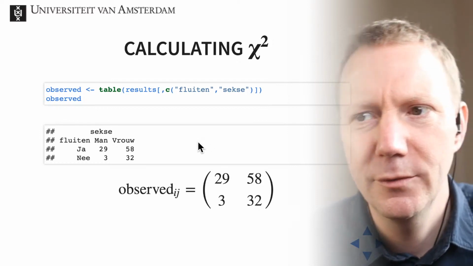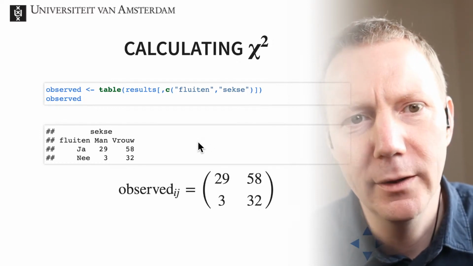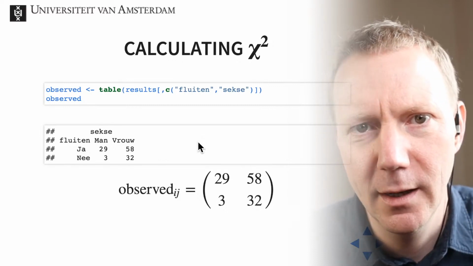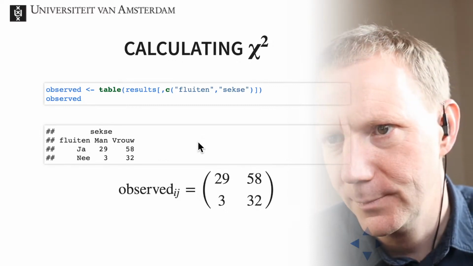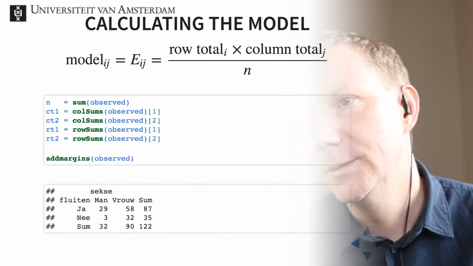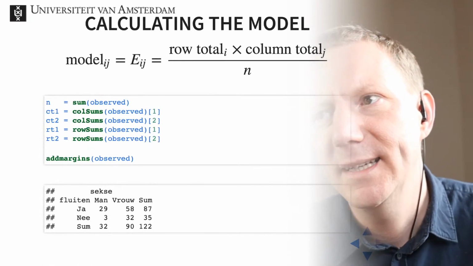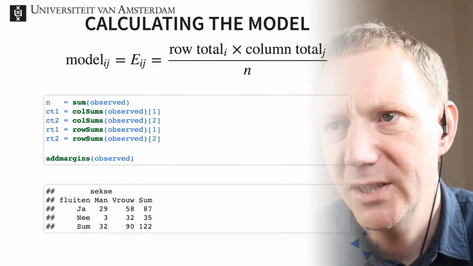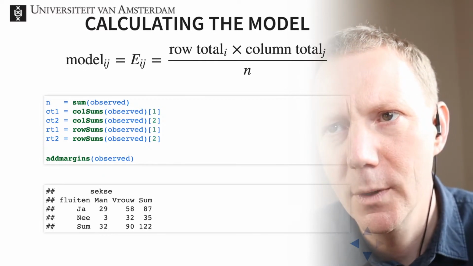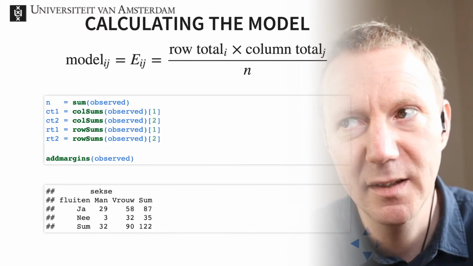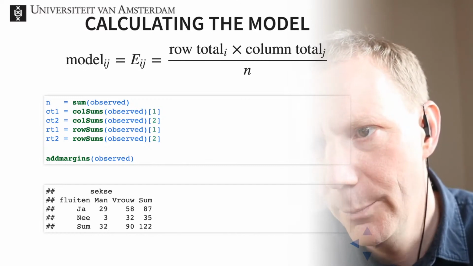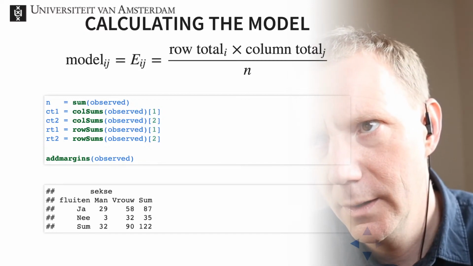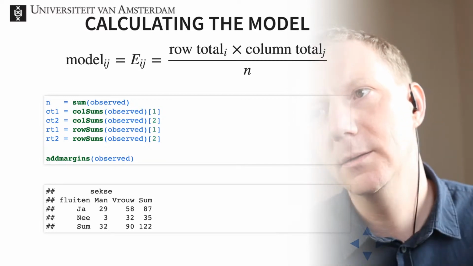So getting to the observed values is, well, easy. It's just plugging in the frequencies. So the next thing is that we want to essentially determine what the model is, what our expected values are based on the frequencies that we find. And this is done by